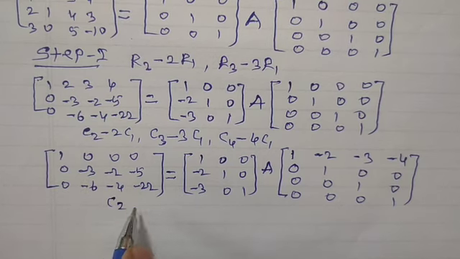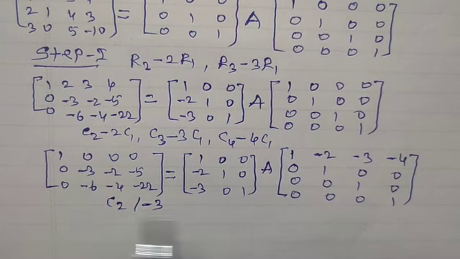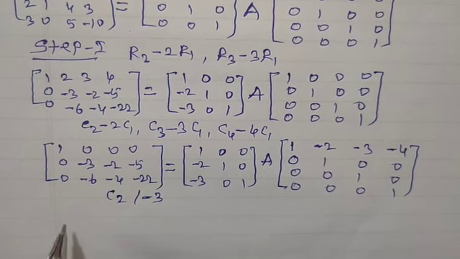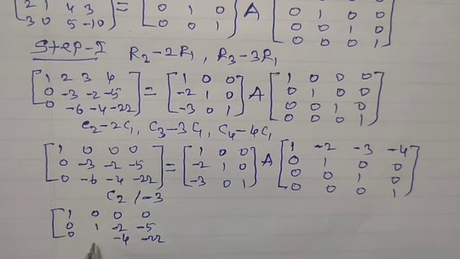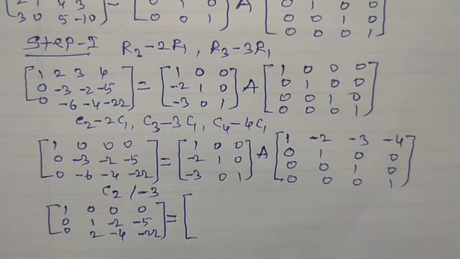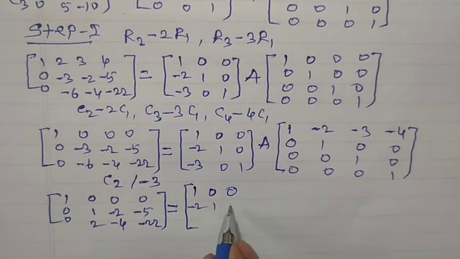Apply that, C2 divided by minus 3. This gives only change in C2 in this matrix and in this matrix. So this matrix reduces to 1 0 0 0. First column as it is, third column also as it is, and fourth column also as it is. Only change in second column: minus 3 divided by minus 3 is 1, minus 6 divided by minus 3, that is 2. Now on right hand side, this matrix will be as it is, 1 0 0, minus 2 1 0,